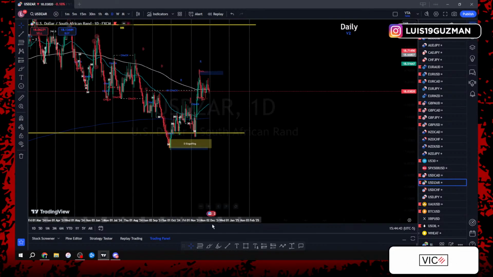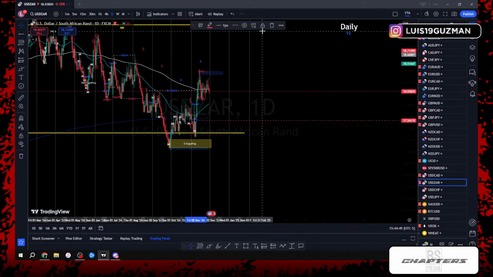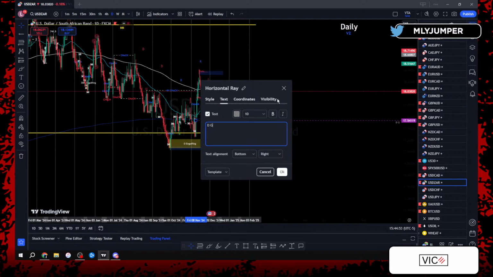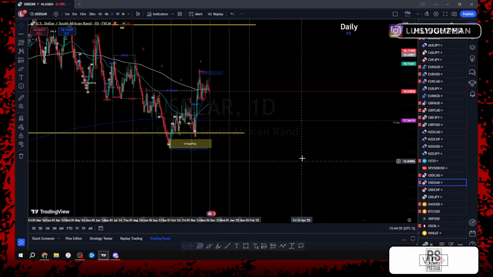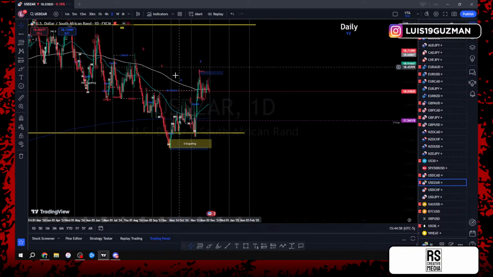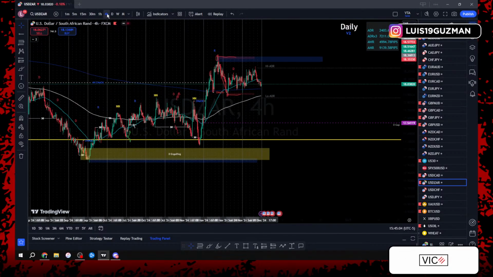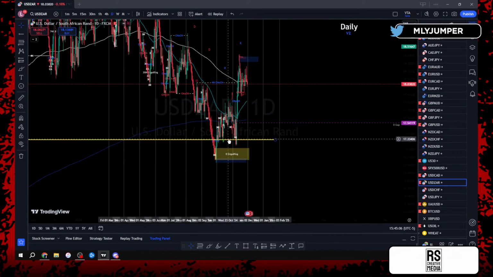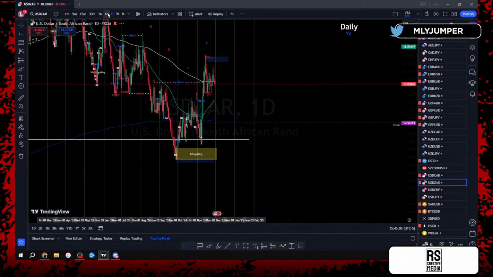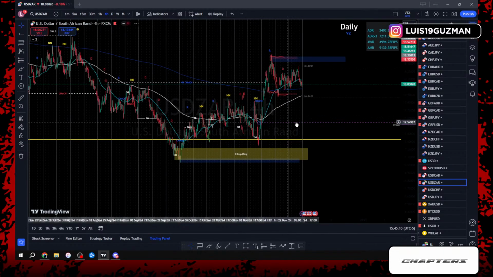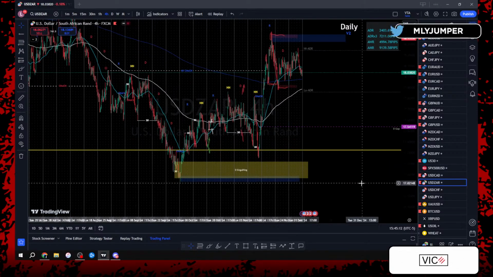This has a gap here. That's not good. I don't know why this is not marked either, but it's all good. I'll mark it right now. So we have that daily gap, resets the trend, no longer looks appetizing for me. A lot of the retail traders would already be trading this as a flag post pattern, the daily going into the 4 hour. Oh, this is a bullish flag post pattern.